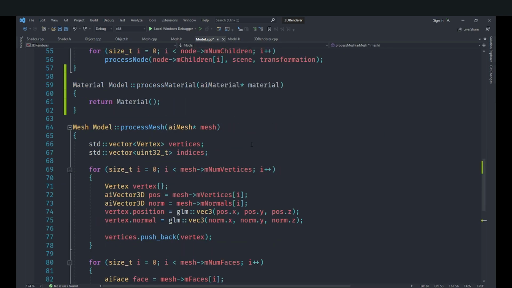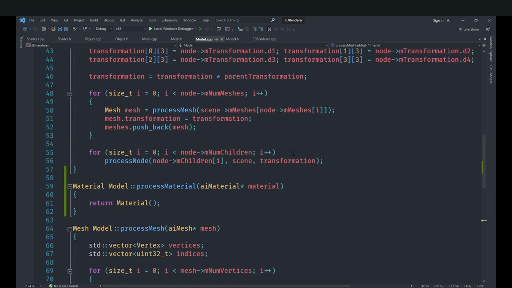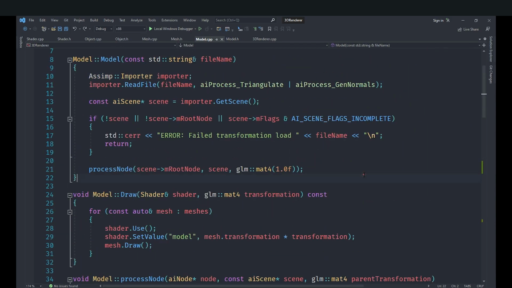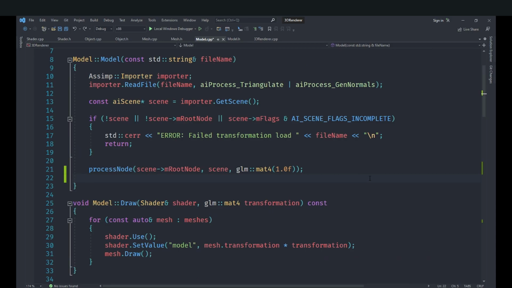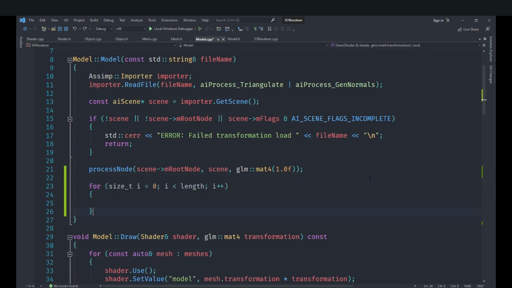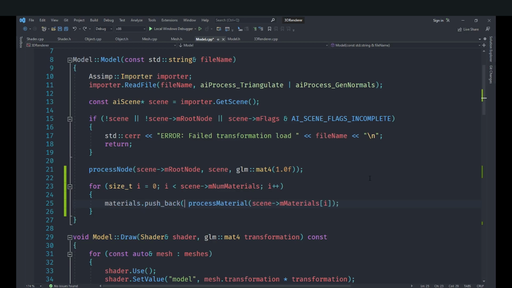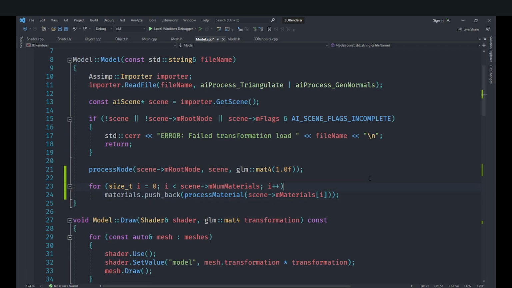We'll do that here, and we'll just leave it at default, and let's go ahead and first learn how to call it correctly. So what we'll do is after we are done with processing the nodes, we'll run a loop over the scene's materials. So we'll basically get the scene's number of materials and run a loop over them, and we'll just call process material with scene m materials, and we'll pass in i here for the index, and we'll just get the array access directly, and then we'll push this back into our materials vector directly,